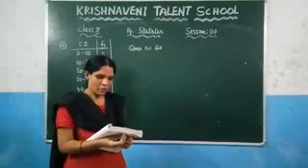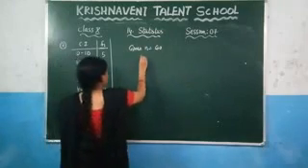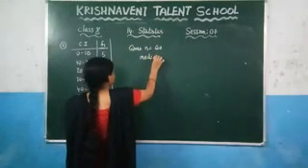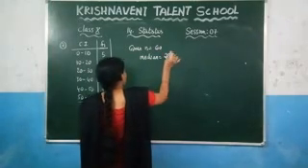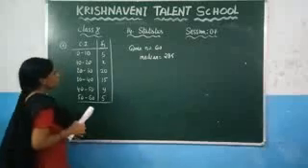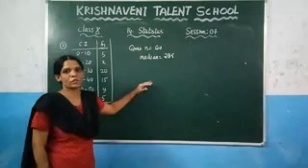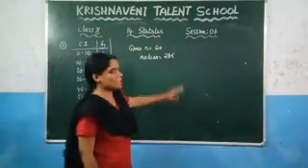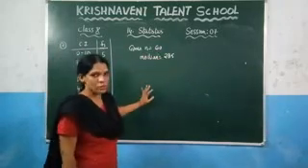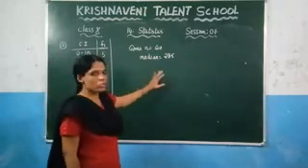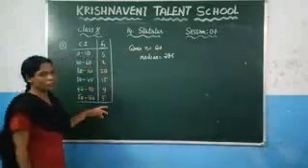The median is given as 28.5. If the median is 28.5, that means the median value is also given, which is 28.5. Now you need to find the value of x and y. So in the question, the number of observations is given, that is n is equal to 60, and the median value is also given, which is 28.5. Based on these two values you need to find the value of x and y.